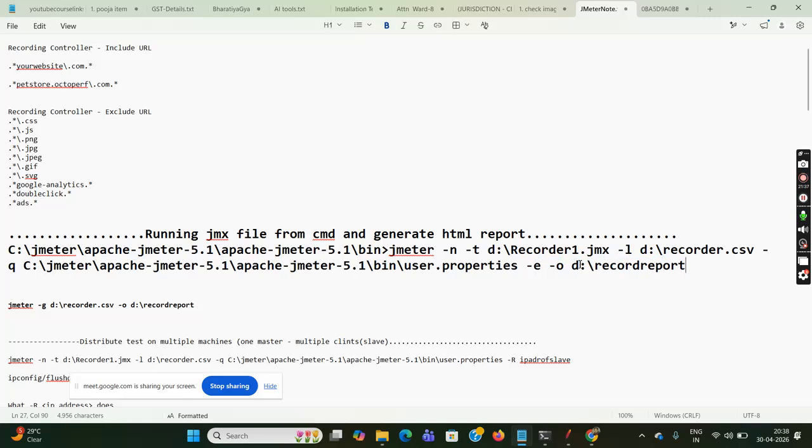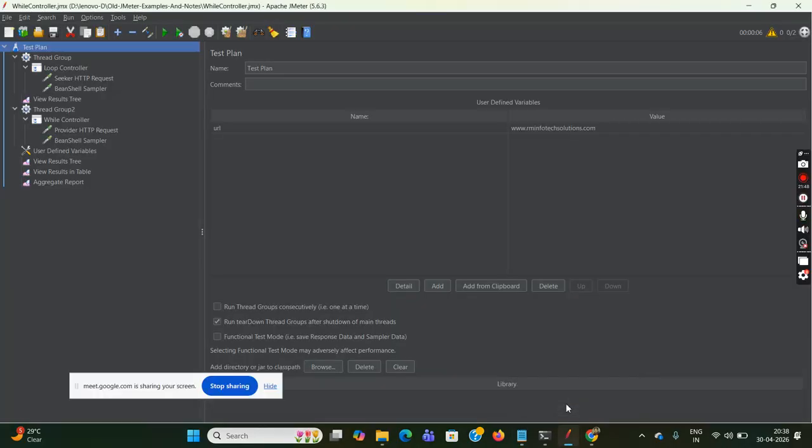Report means HTML report. This is the HTML report where you want to generate the HTML. Okay. Now what I'm doing is, for example, one more way of doing the thing is from the